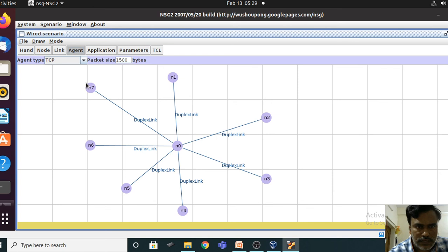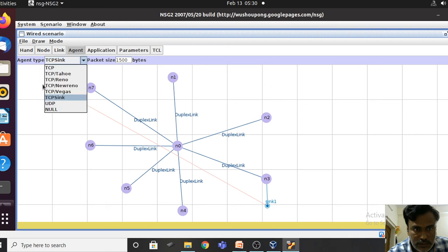Agent: you want to transfer the data from N7 to N3, right? And then you have to give a connection between these two. You should not forget about that. And then you want to transfer data from